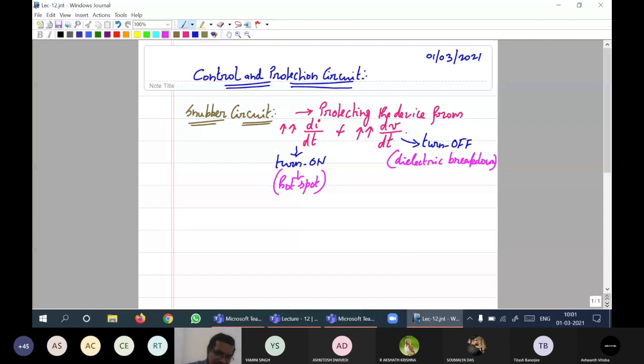As a result, the protection circuit will have, I will draw the snubber circuit. I will take a generic switch. So in case we have a switch here, this is the normal switch. This is going to be put into operation elsewhere. Now, for protecting this switch, we try to add the snubber elements, which are going to be, I will now add a series